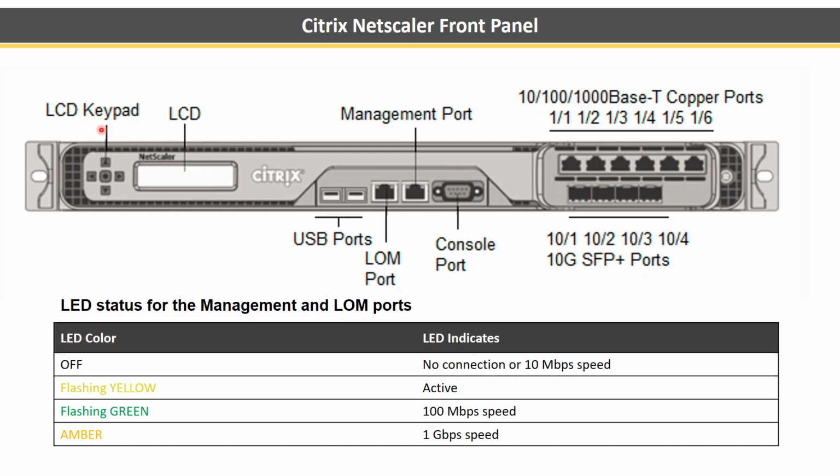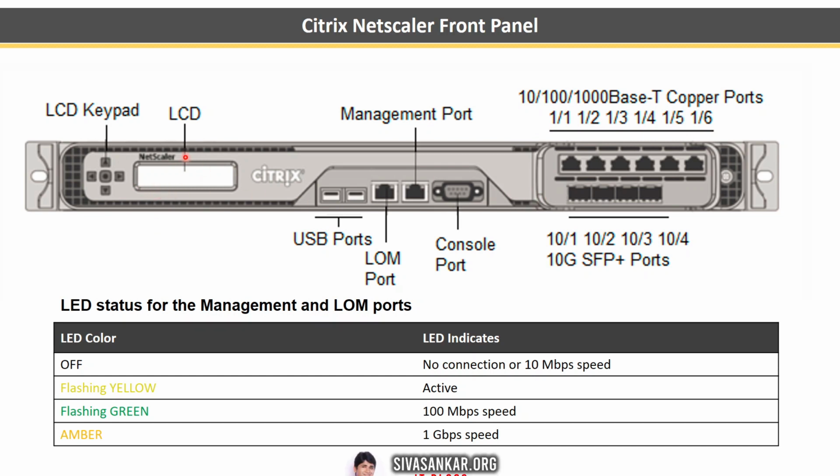Now let's jump into the NetScaler ADC front panel details. In the front panel, you have a small LCD. By the way, I have taken the 8900 series front panel, but more or less the 5 series and 8 series front panel looks like this. But for SDX, you have bigger boxes. More or less, you will have the same ports, but the alignment will be different. Maybe the 1 gigs will be vertical instead of horizontal, and you might have more or fewer 1 gig ports, more 10 gigs, like that. But typically you will have the same ports in all the Citrix NetScaler appliances.